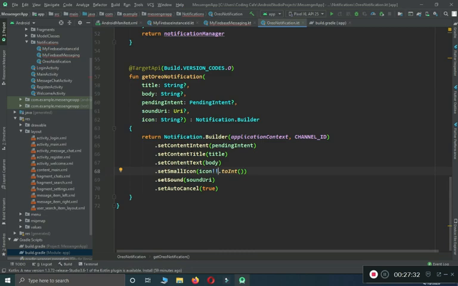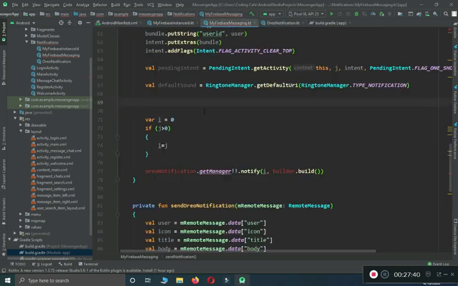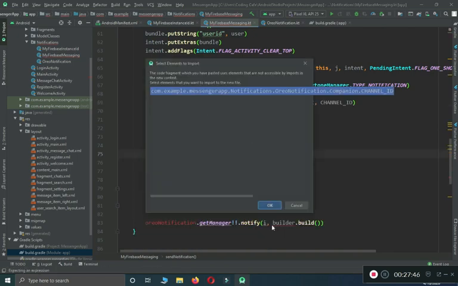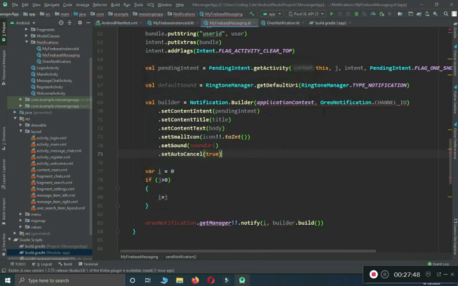Copy this code, which is notification.builder. Copy this and come back here. Now you will change it. So val builder equals to, and paste that code here. And now let's do the changes. So we can say notification.builder equals